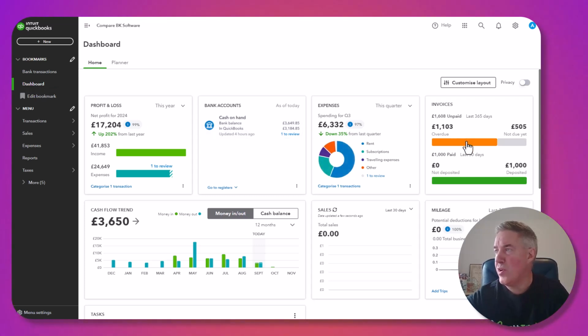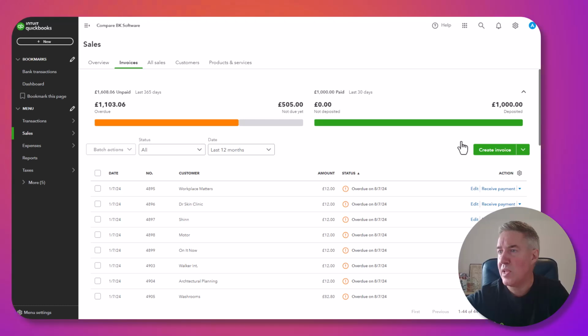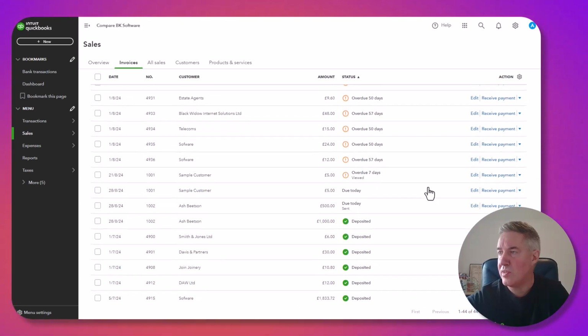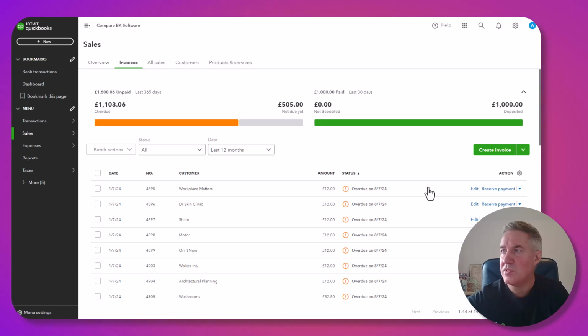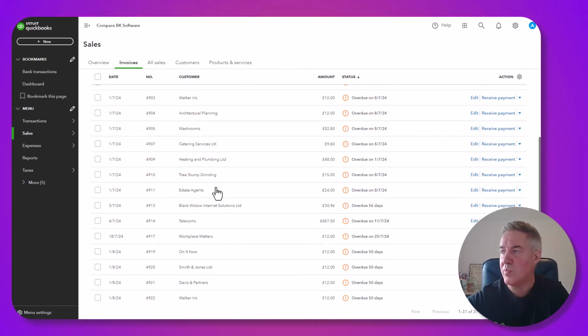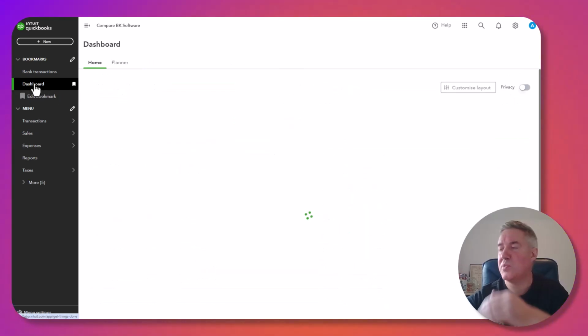Move over to the right. So I've got unpaid invoices and paid invoices, made up of overdue and not quite yet due. So if I click on my overdue, £1,103, that will bring up my unpaid and overdue invoices that are there. In fact, that's just taking me to the main invoices, where then if I click on overdue, that will filter that list down a little bit more. Now if I just come back to my dashboard,